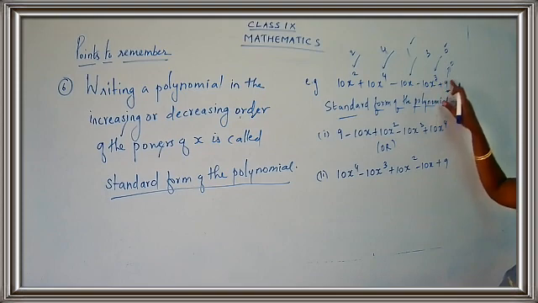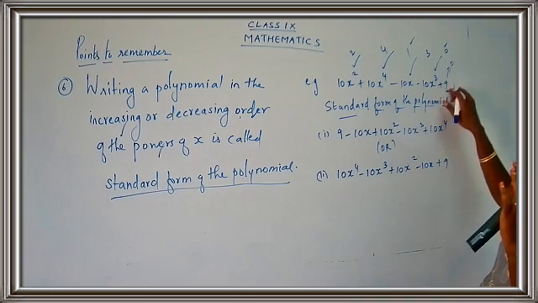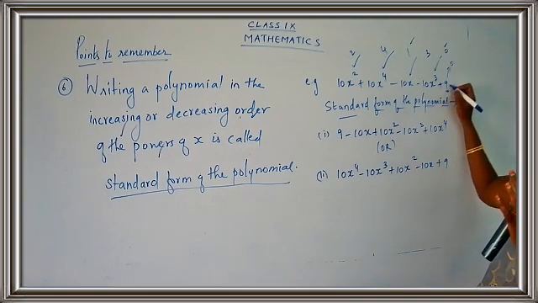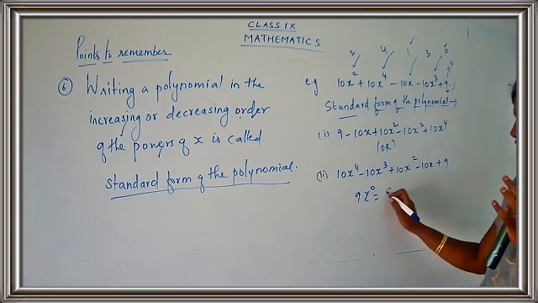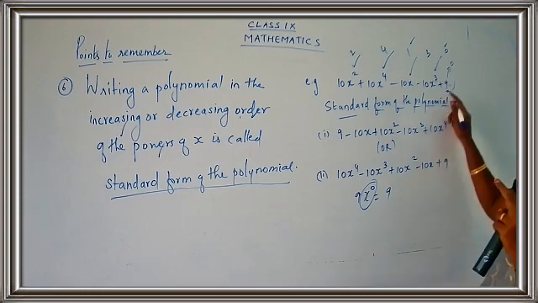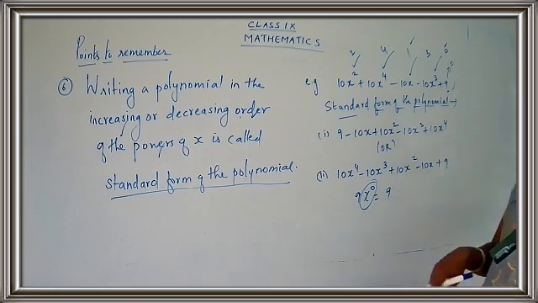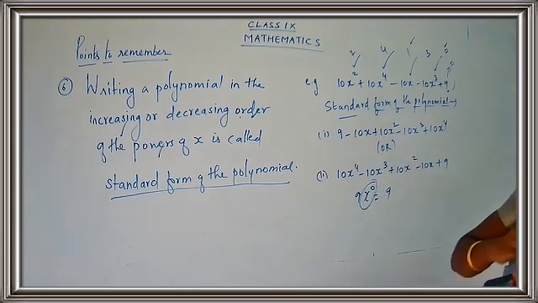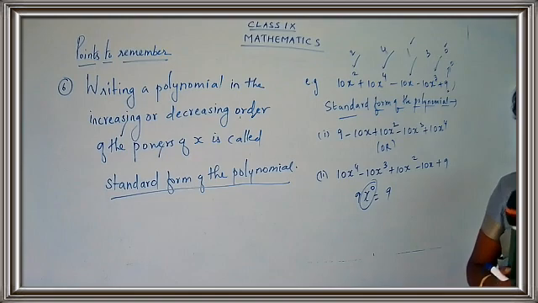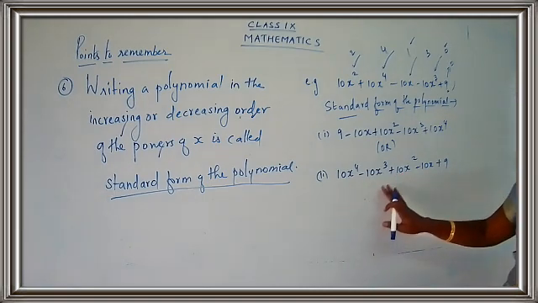Whenever you have any number, just remember that the power is 0. Don't just say that no variable is there. No, here you have a variable. I have already explained to you, 9x raised to 0 is equal to 9, because x raised to 0 is 1, and anything multiplied by 1 will give you 9. So what is the variable here? x is the variable present here, and the power for x is 0. Okay children? So for increasing, start from 0 to the higher number, the lowest to the highest. And for decreasing order, you start from the highest number to the lowest number. I hope you are clear with the standard form of the polynomial. Okay, good. Just stay on the example.